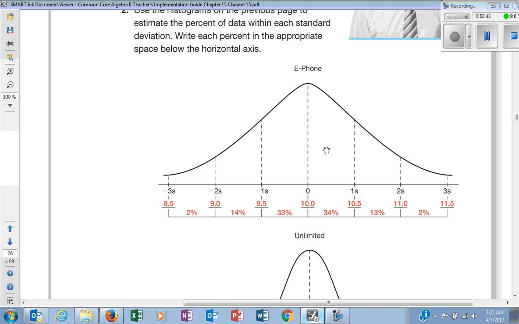So when they do this data, this is not the actual normal distribution, but they're trying to show you that this is actual data. When you calculate this, 33% of the phones fall between this and this. And you can look back at your chart and see that. 34% of the phones fall between this amount of time. Now, that is not the normal one. This is just the actual data. But it's really, really close to the normal one. Here's the one,